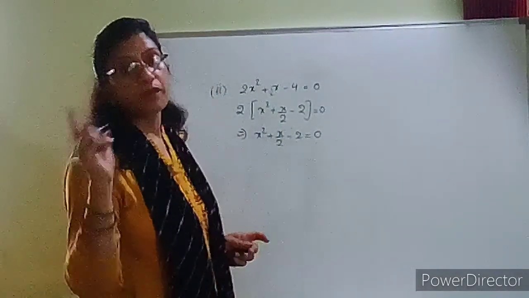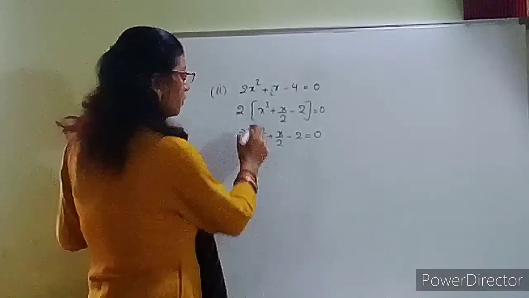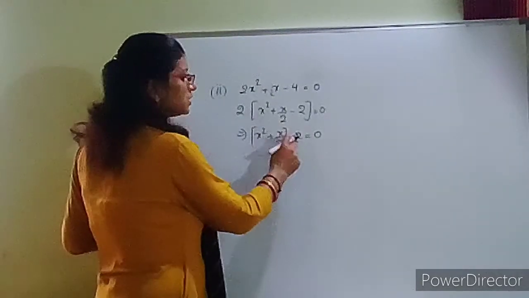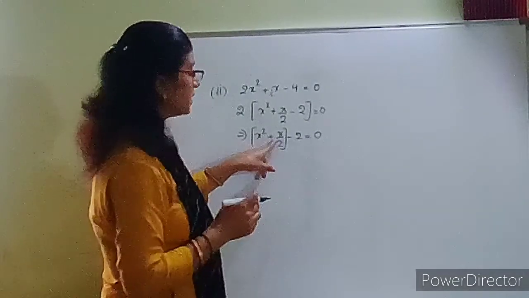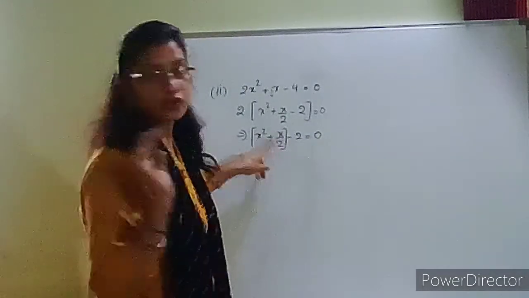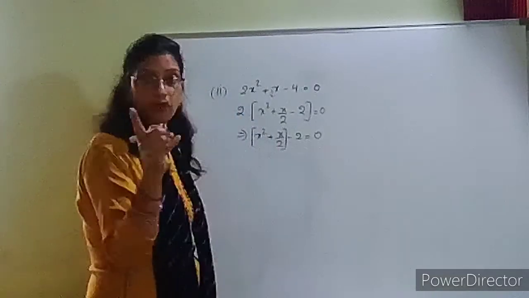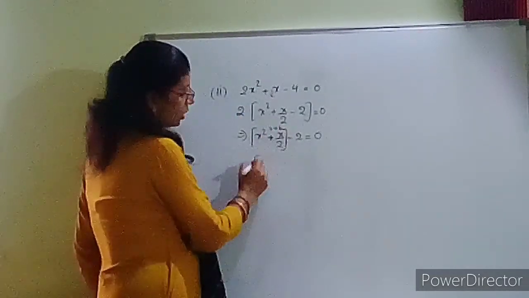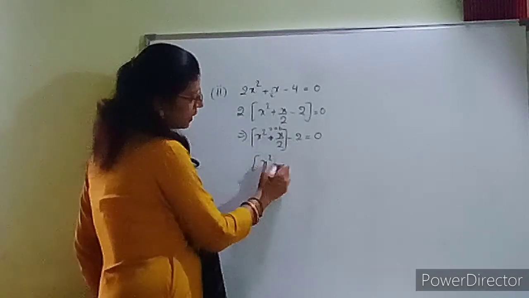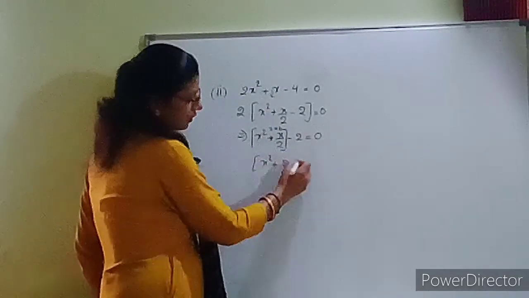Now I told you, for completing the square, you have to take only the first 2 terms, and this you have to send to the other side. So a square plus this x term, the 2ab term. So (a plus b) whole square it will form, because it is plus. So this is 2ab. Okay. So now I am making a square plus 2ab.